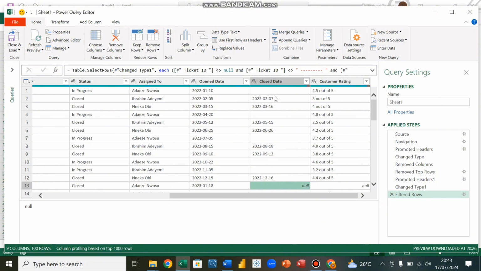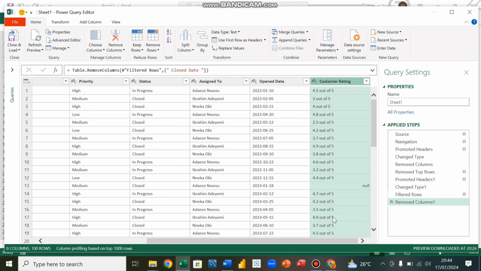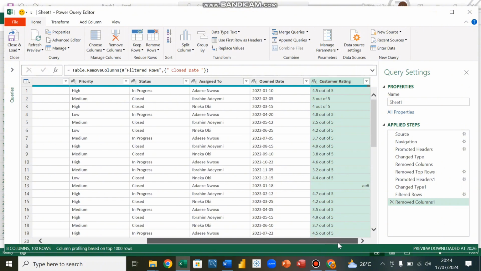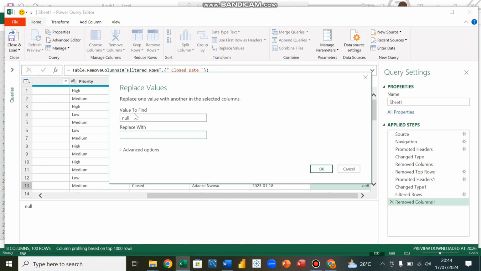Okay, the close date, we don't really need it, so let's take out this column, remove, so it remains only customer rating. So you click on the null, Ctrl C to copy, then you go to replace values. Click on replace values and